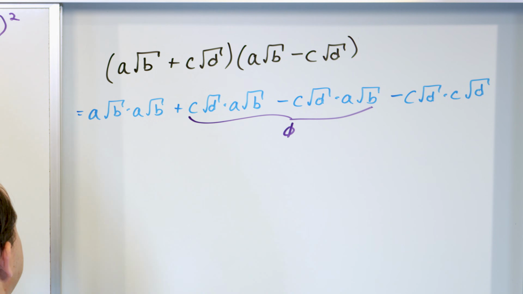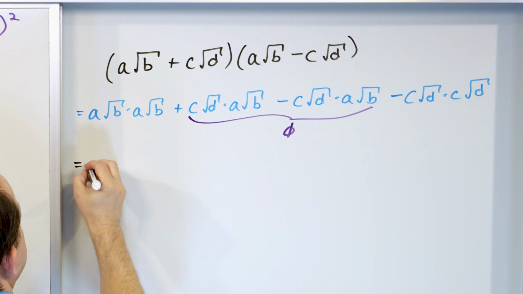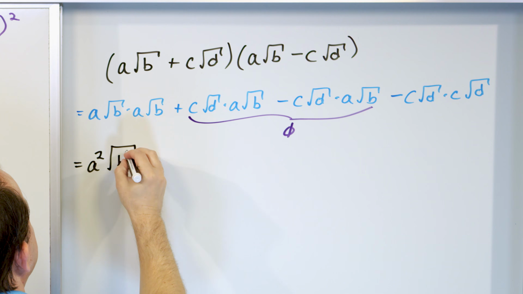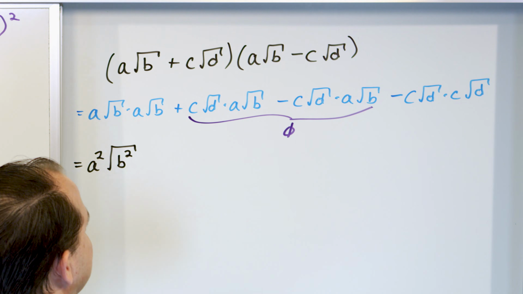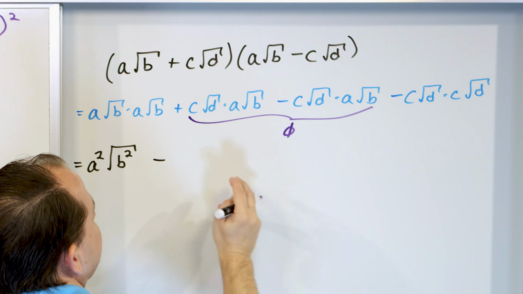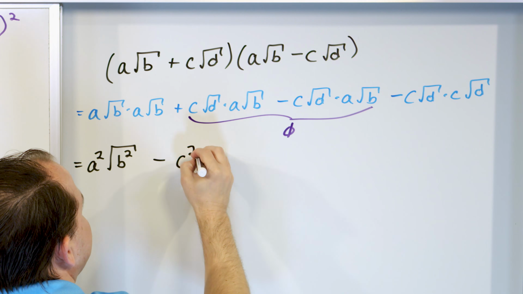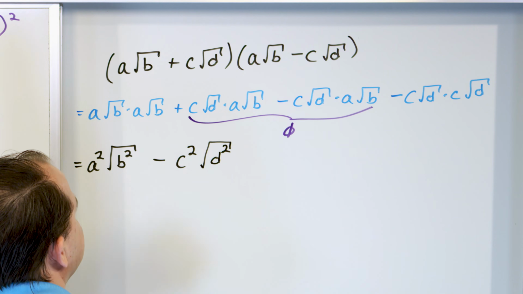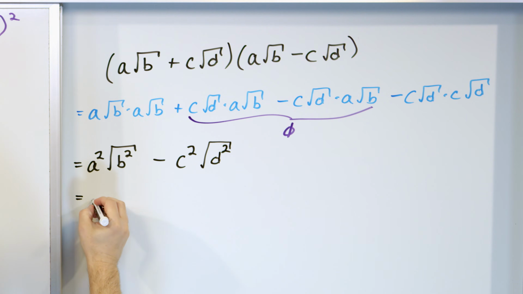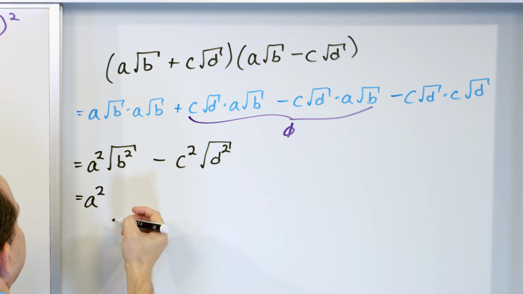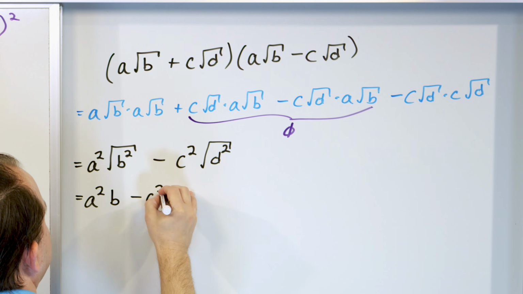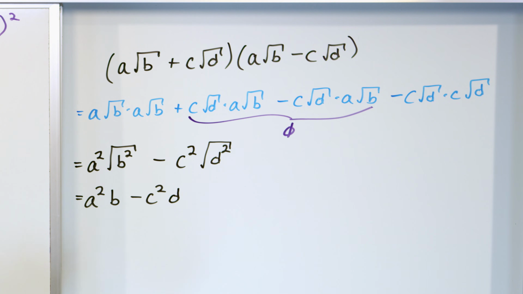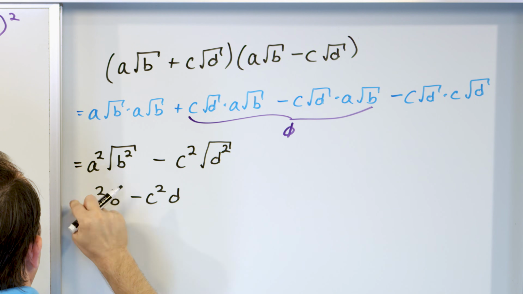And then finally, what I'm going to have here is a times a giving me a squared. Square root of b times square root of b is square root of b squared because I can multiply the b's under the radical. I have a minus sign from here. C times c is c squared. And then square root of d times the square root of d, which means square root of d squared there. And then I can see I'm going to have a squared times this cancellation here will be b, minus c squared, this cancellation d. So I have a squared b minus c squared d. So the point is